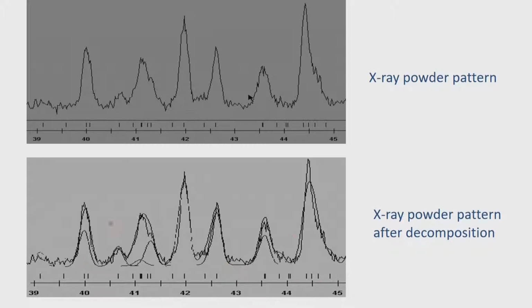When a good refinement occurs, we know that whatever cell dimensions we determine for the structure are very accurate. So it is not enough just to index the pattern and say, okay, this is our compound. You have to also do a profile refinement to verify the indexed pattern and then get the information on individual